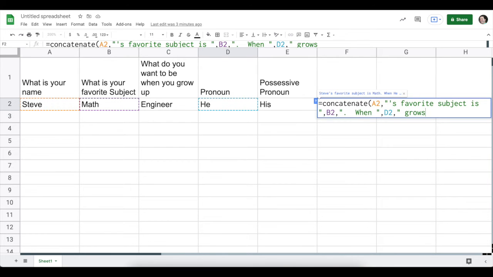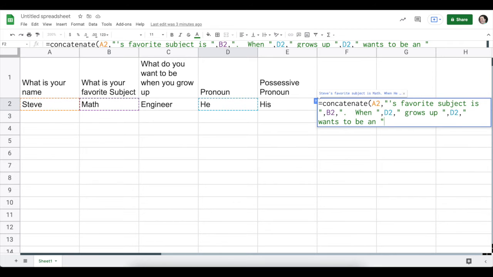So when he grows up, oops, I don't want to put "he" again. I have to put that in there by clicking. So I'm going to close my quotes, put a comma, and then click on that pronoun again, another comma, so I can start some more, open my quotes again, and then I'm going to continue typing what I want to have after that. So I want to be, I'm going to put a space, and then